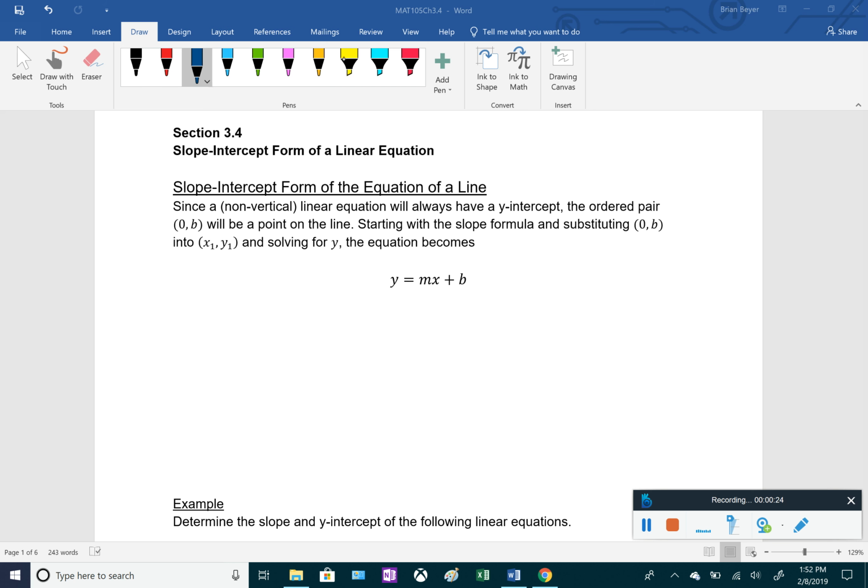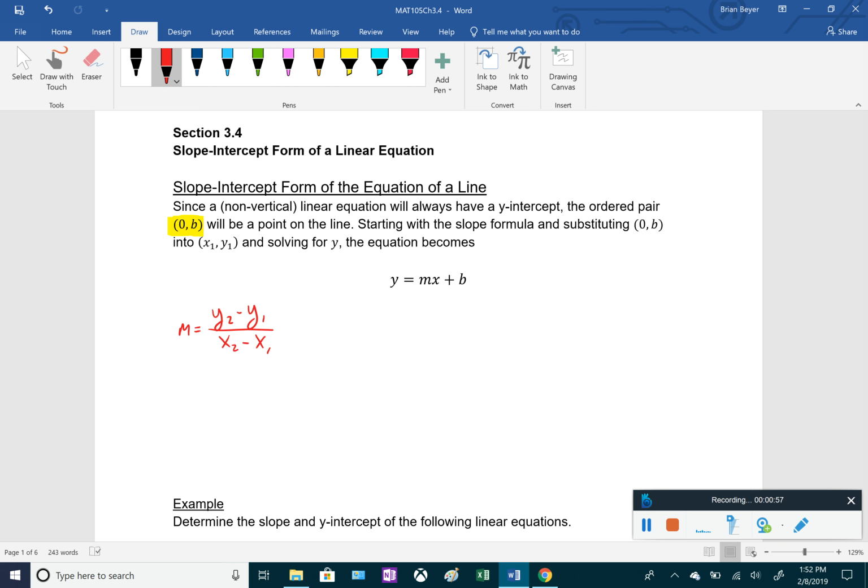So what that means is that an ordered pair (0, b) will be on the line. That's just a fancy way of saying that the y-intercept is something, which we're calling b for now. Remember, y-intercept means the x-coordinate is 0. So let's see how we get this formula. If we start with the slope formula, m equals y2 minus y1 over x2 minus x1,